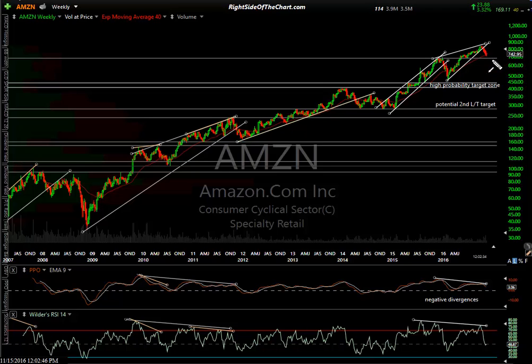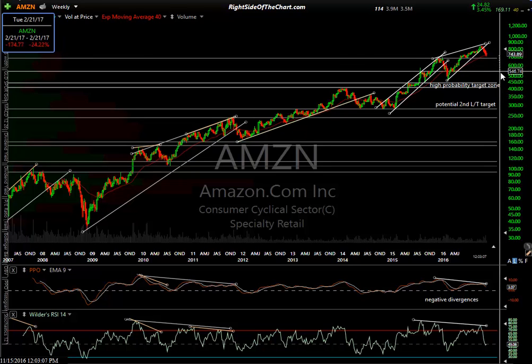I can't make out that level around. I'll get to it on the daily chart here in a second, around 700. So if and when this horizontal line goes around 700, I'll see there's always zigs and zags along the way, but I think it's very, very likely to see Amazon heading down there to that 440-ish area at least, and try to quantify it and try to imagine the impact